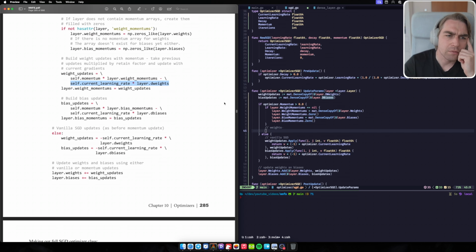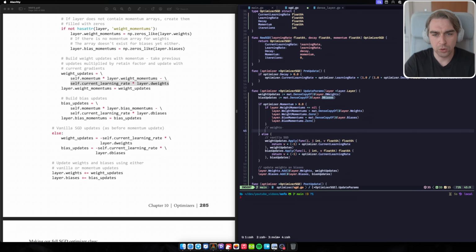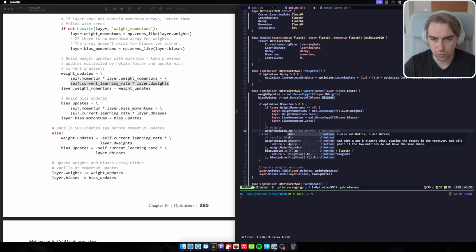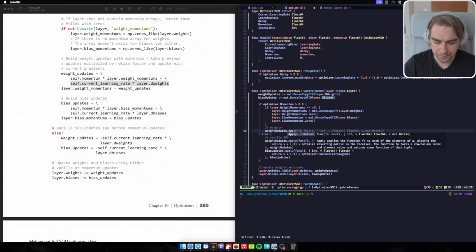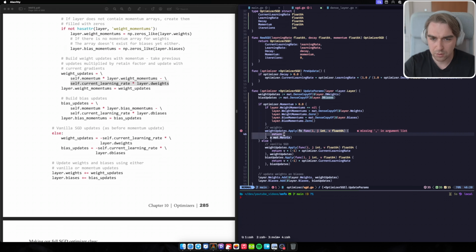Or actually, I can write it in one apply method, right? How will it look? So I will have weight updates. I will have apply that takes a function, and then it